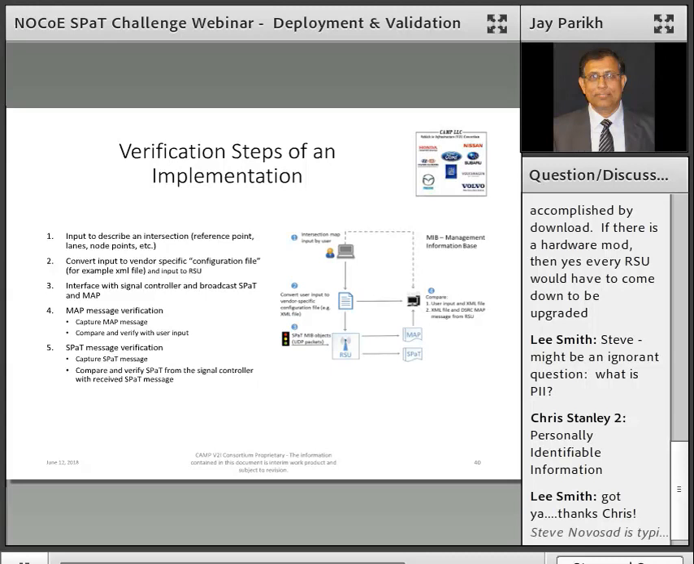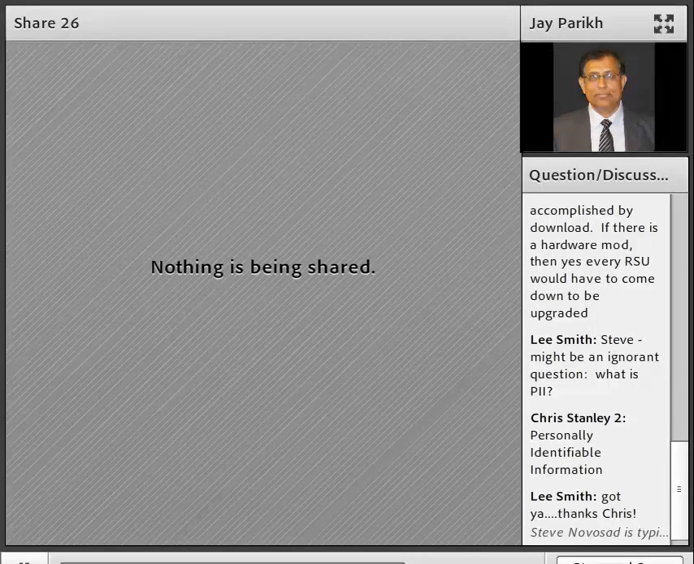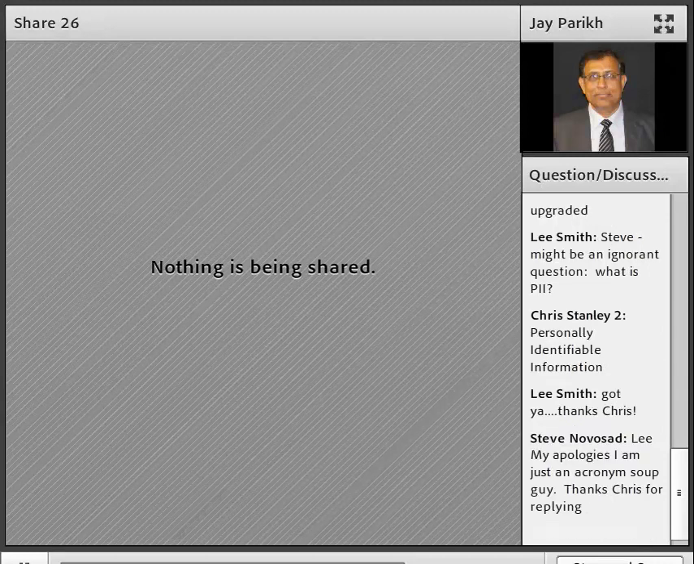Then there is the interface with the signal controller, and broadcasting SPaT information that gets the information from the signal controller, and that again matches with the map that has been defined and the lane level information that has been defined. So from a verification point of view, one needs to have a tool that can receive that information and compare it against what was actually inputted from step one and so forth. So the key that